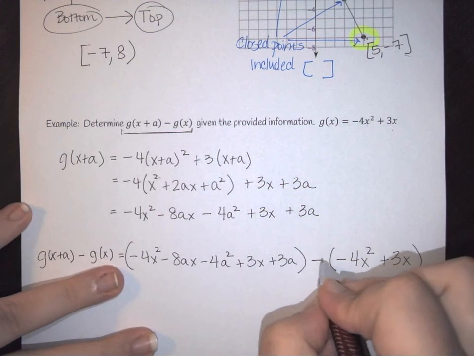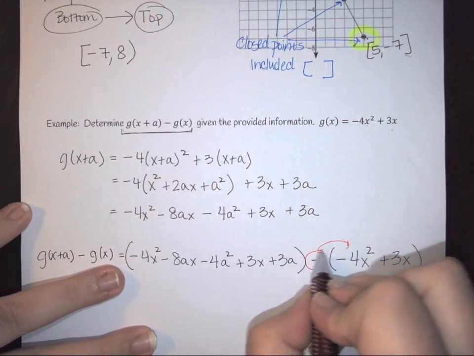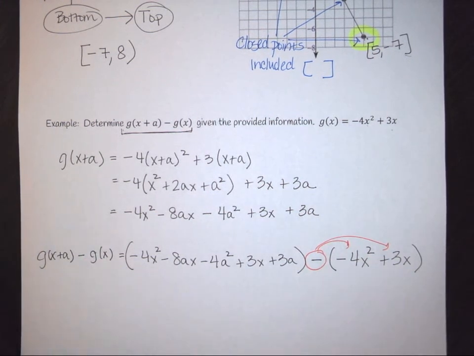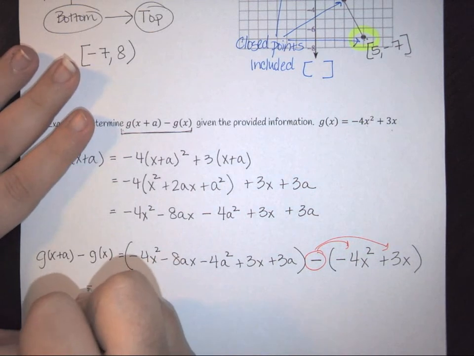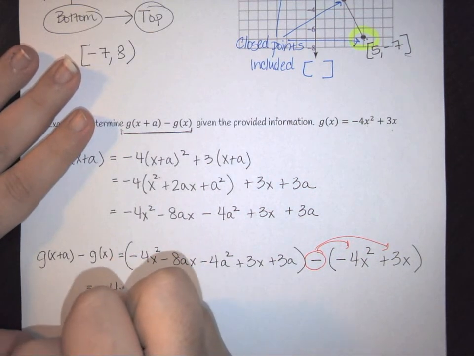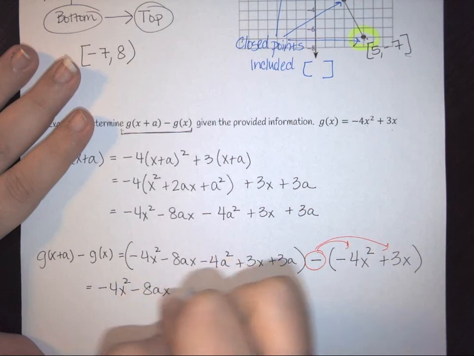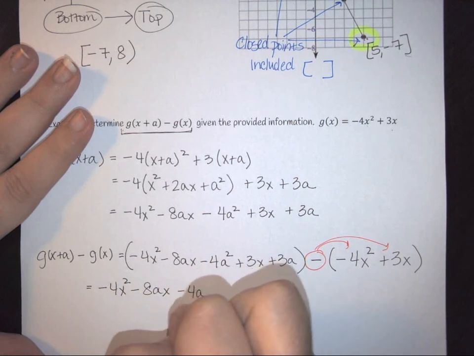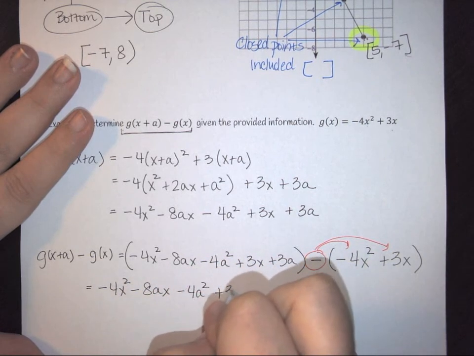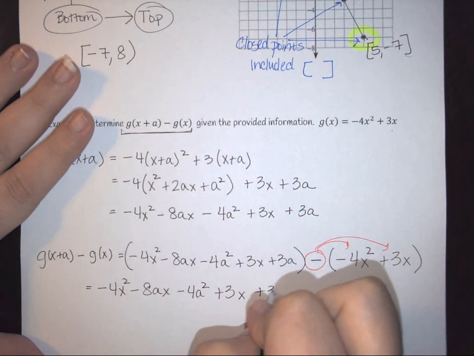Subtracting away says I need to take this negative and distribute it through my back parentheses. So here I'm going to have the minus 4x squared minus 8ax minus 4a squared plus 3x plus 3a